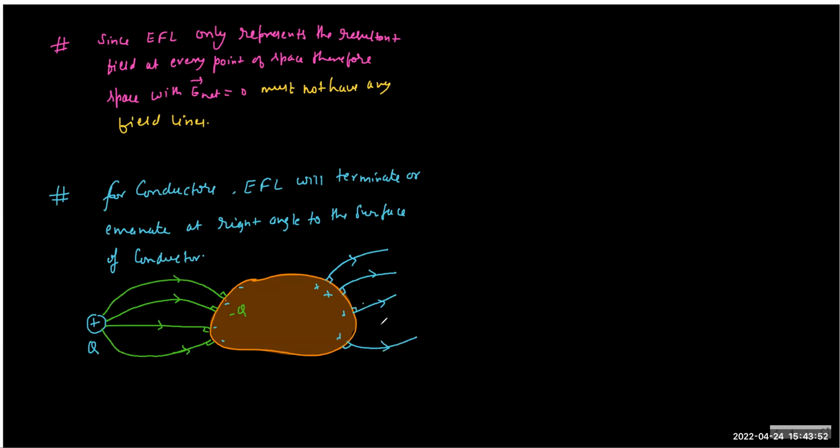So that is the property of a conductor. It always terminates and emanates. The rule of a conductor is that field lines will stop and restart with a gap. So the field lines cannot be present in the bulk, and therefore you can understand that the net field will be zero here.